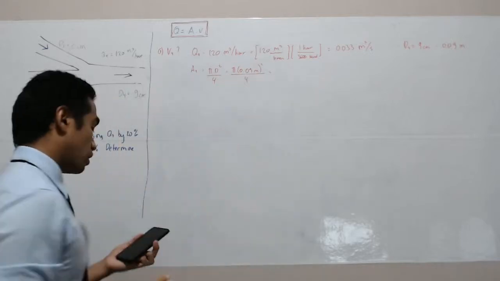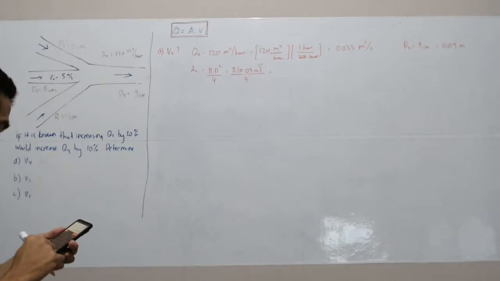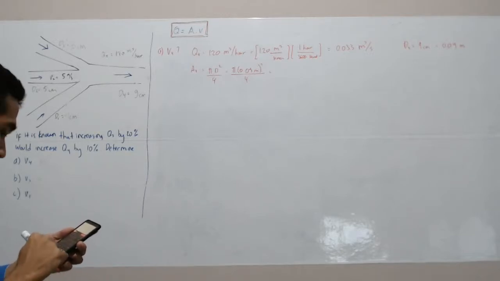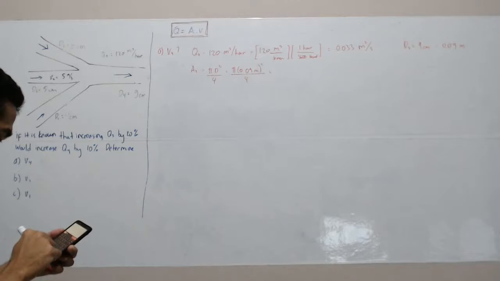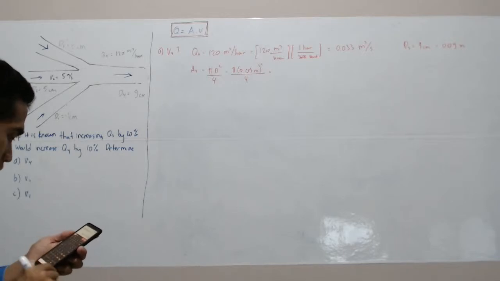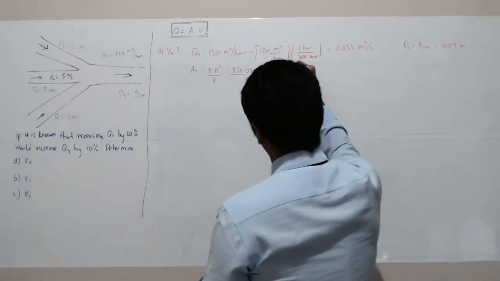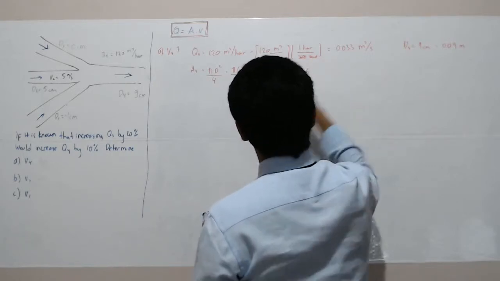So the area of the fourth pipe is 0.00636